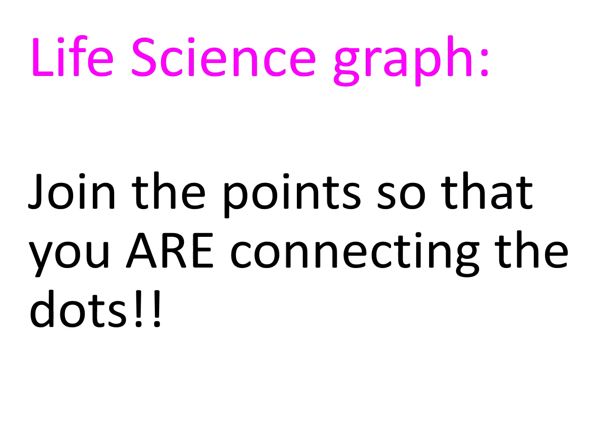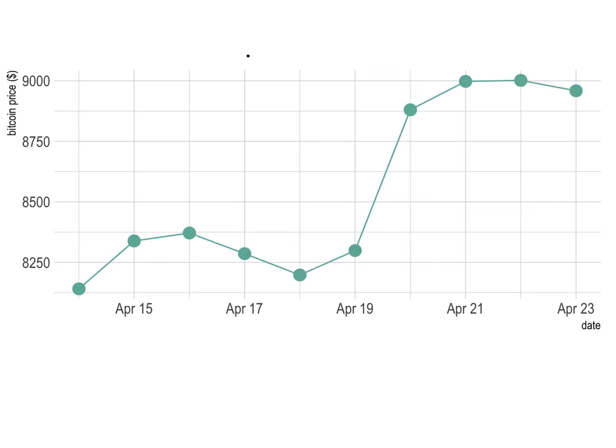Life science graphs, we join the points so that you are connecting the dots. Life science graph, everything is related. It's not about being in an ideal world. We know that things go wrong. So for life science, we connect the dots so that we see where they actually are in real life. So here's an example of a life science line graph where we're going up and down and around, and we connect the dots. Still straight lines,